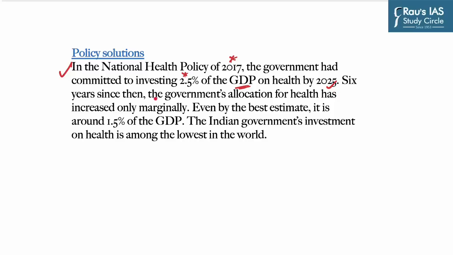Now, 6 years since then, the government's allocation for health has increased only marginally. Even by the best estimate, it is around 1.5% of the GDP, which is one of the lowest in the world. Now, the author says there are multiple reasons why India's health system needs more government funding, as children continue to